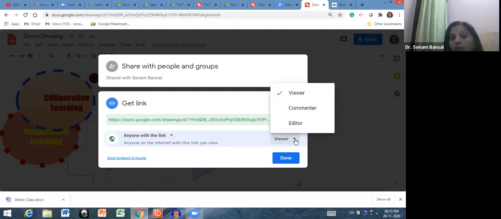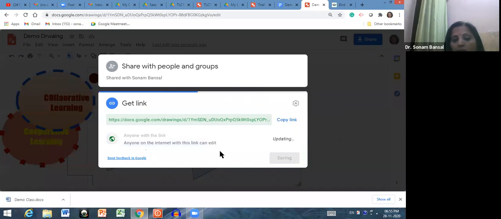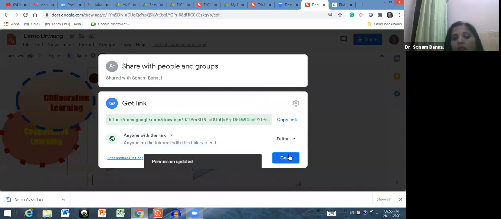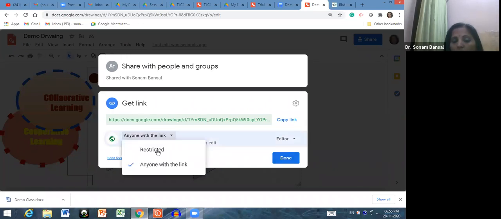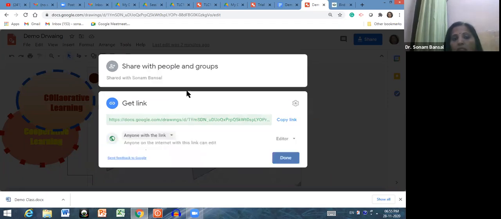If you want to give the public viewer rights only, then click on the viewer, and if you want to make them editor, then give them editor rights and click on done. Means anyone with whom this link is there can open this drawing. But if you want to make this restricted, then click on restricted, and after doing all the changes, click on done.